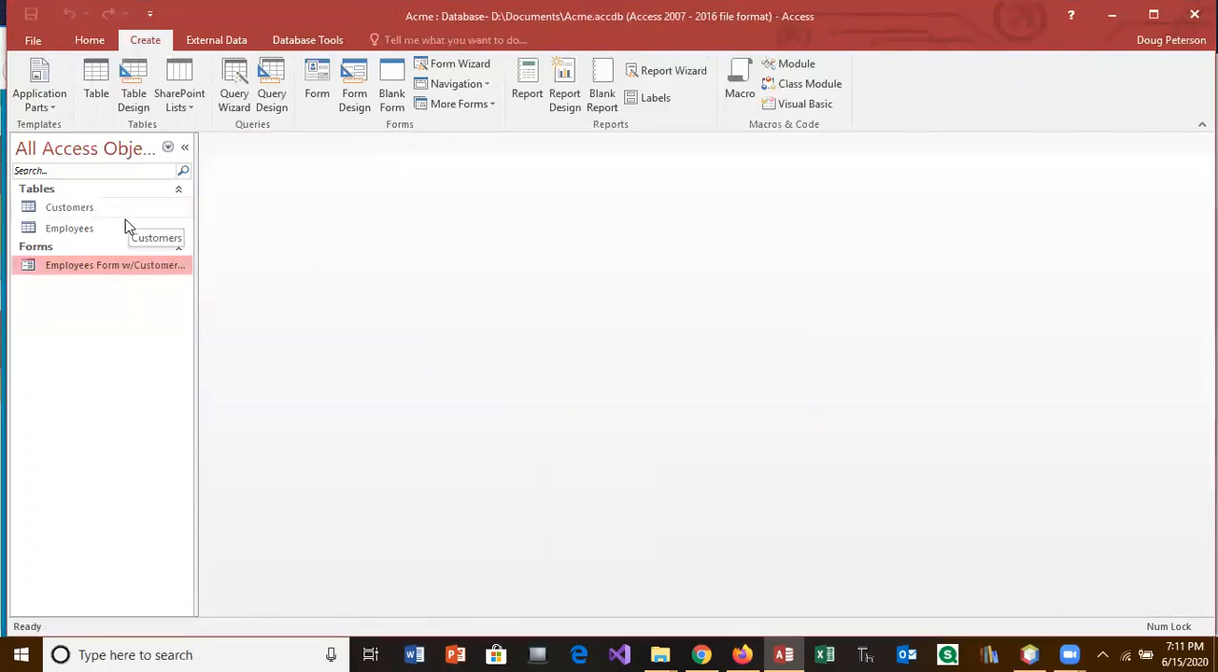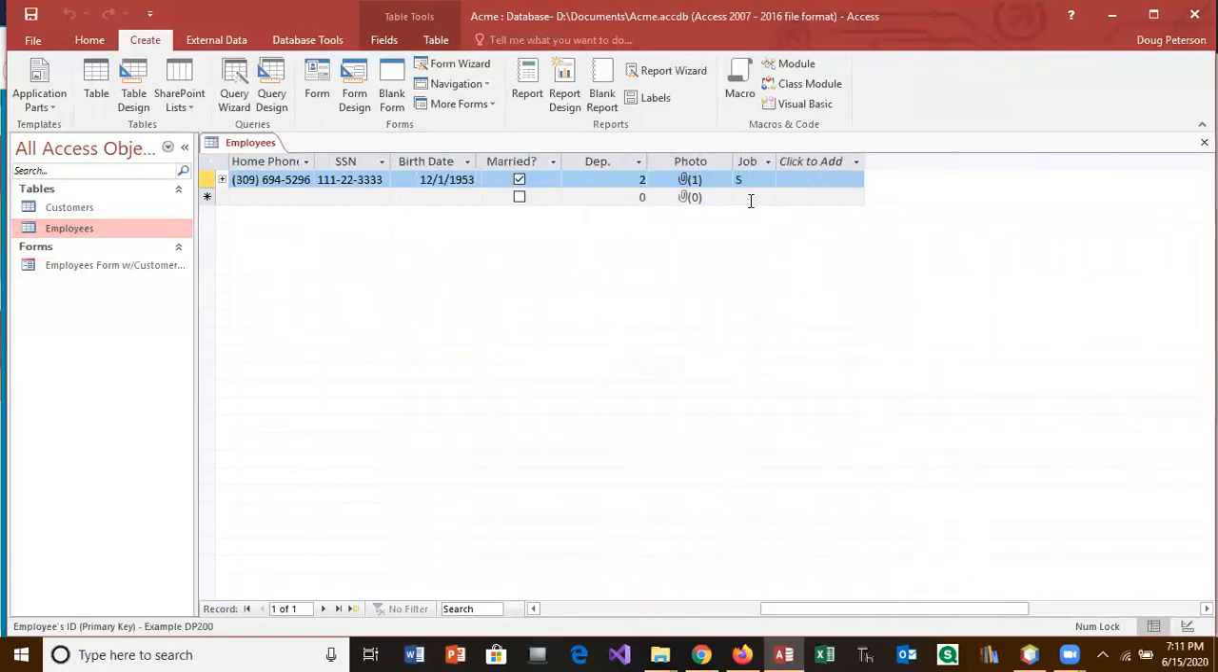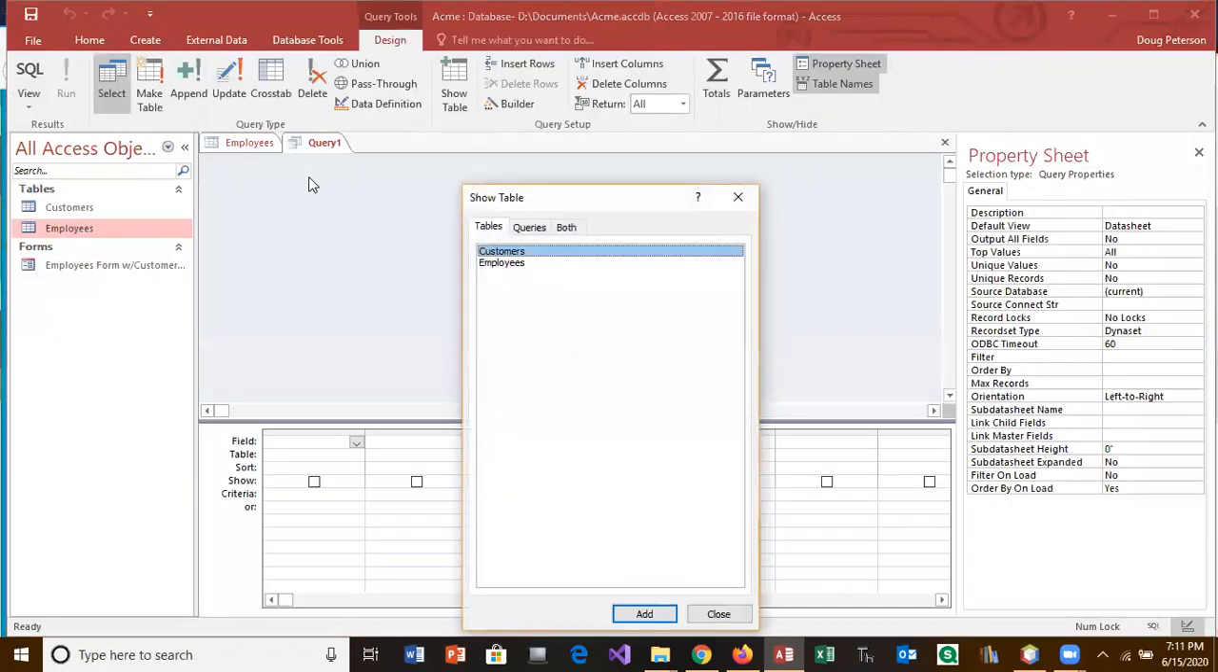Save everything. Oh, did you see that? If you look at my employee file now, my job is salesperson. So it did change when I changed it in the form. All right, so we're going to do query by example